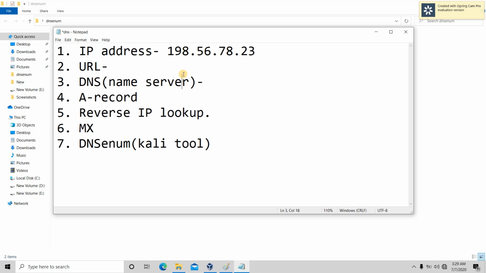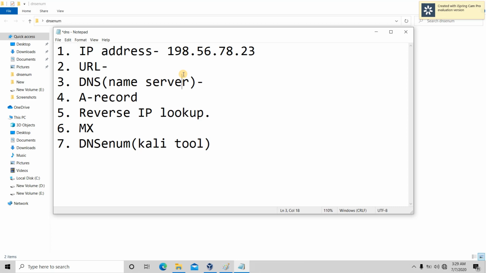So we cannot remember each and every IP address. But we can remember the URL of any website, like facebook.com. We can remember this facebook.com, but to remember the IP address it's very difficult. So this DNS is a name server on the internet, where it keeps records of all the websites and